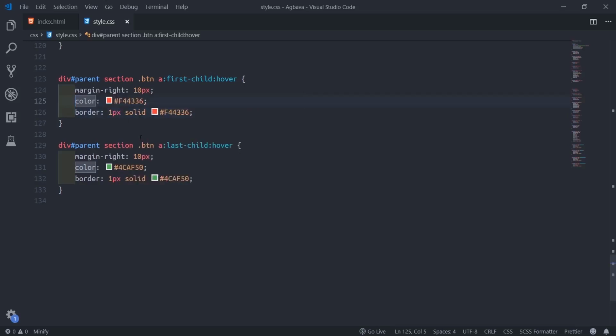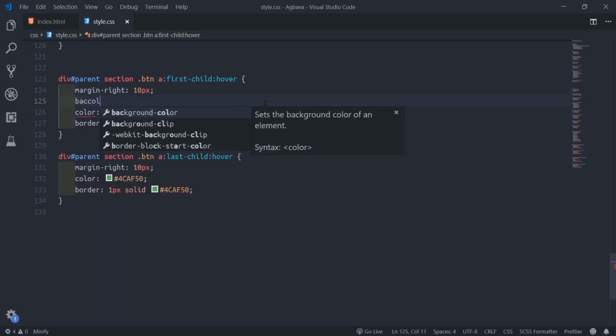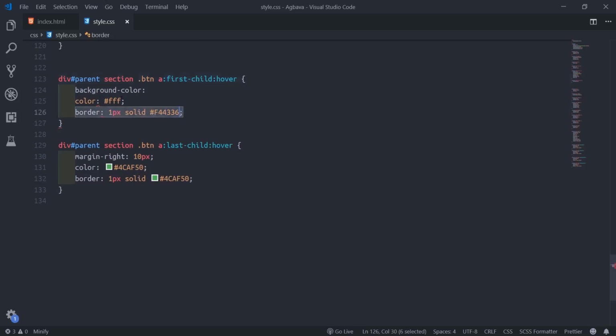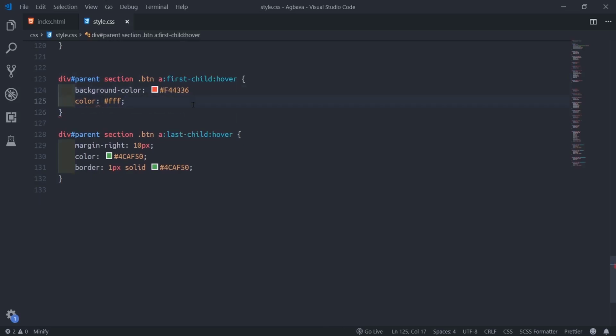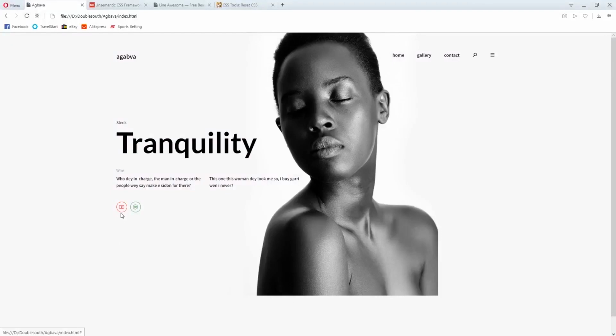Then the border color now. Just target it at first now. So instead of this color now, put FFF. Then background color now. So I'll delete this one right here. Then copy this guy. So more first will get for that guy, that is this first button now. So when I hover, you see it works now.